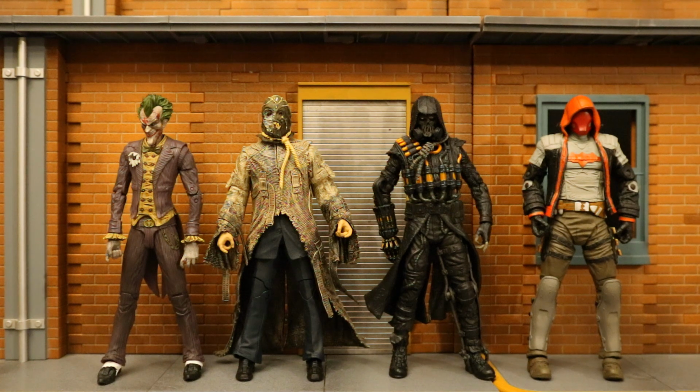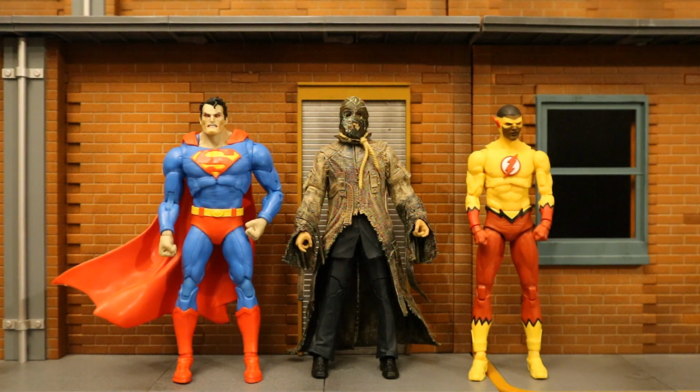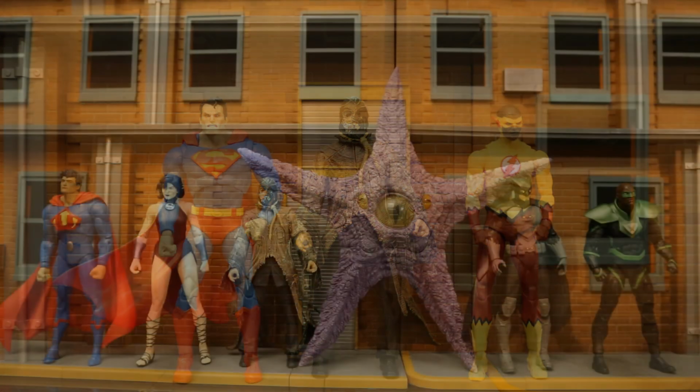We have the Arkham City Sick Joker and the Arkham Knight Scarecrow and Red Hood. Then, next to McFarlane's Mortal Kombat 11 DC offerings, the Batman Who Laughs and both versions of Joker. And now, next to the McFarlane Toy Store exclusive, Hush Superman and Rebirth Kid Flash. Now let's check him out